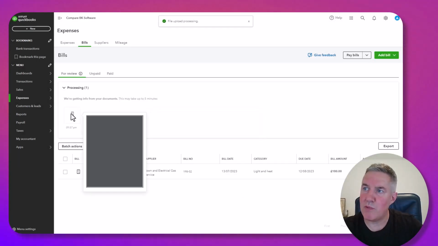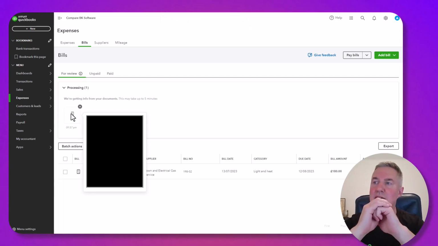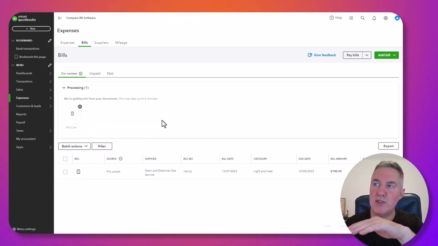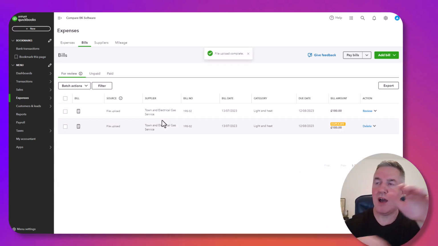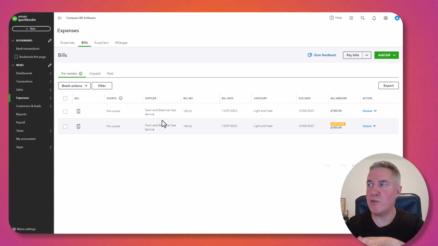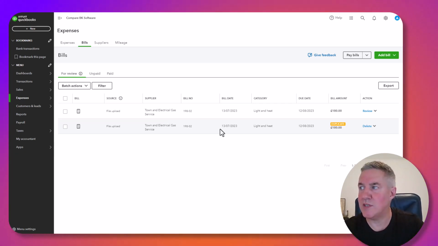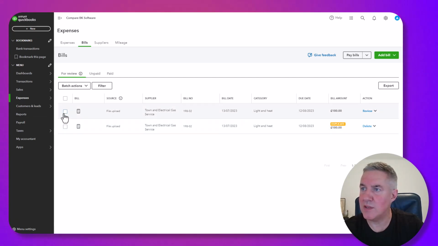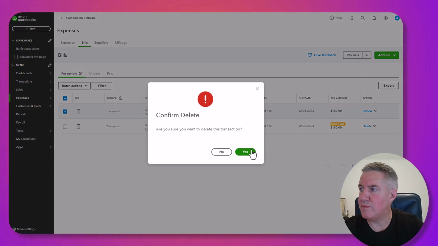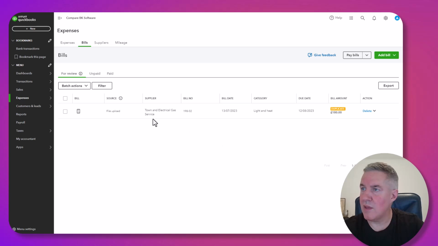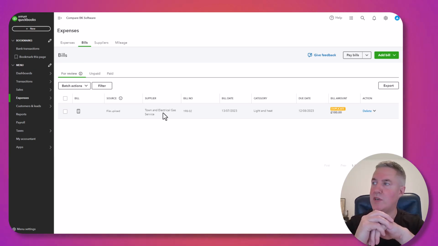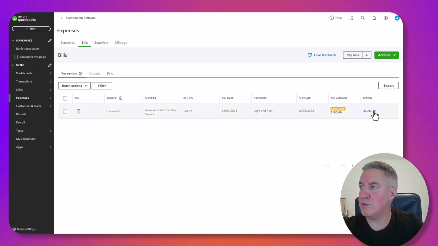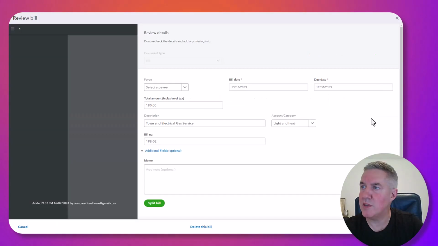Where QuickBooks will start processing that data and extracting the information using OCR technology. And what it's done here, because I've already got one in here, it's detected that I've got a duplicate in there. But let me delete the one that I've already got in. So if I were reviewing this, by using the upload feature, I could choose to review that entry, and